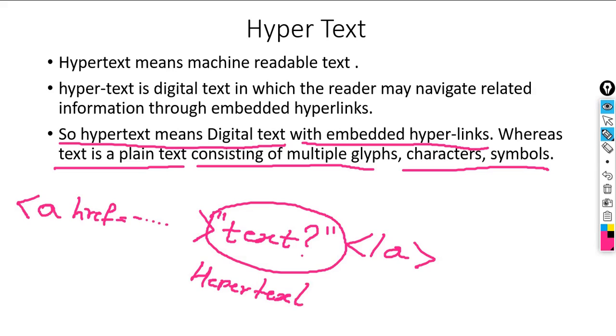Hypertext: how does this text become hypertext? With the help of markup language. So hypertext is a text which helps the user redirect a request to another content, text, image, etc. With the help of this hypertext, the user can navigate information. This is hypertext, and we have used it with the help of markup language.